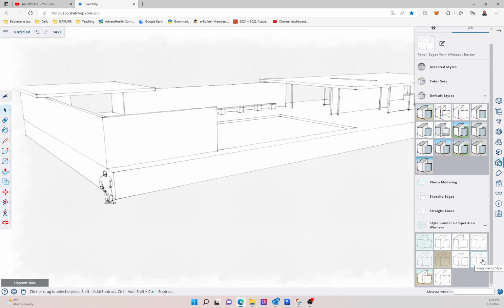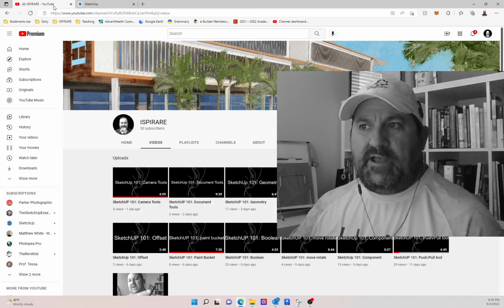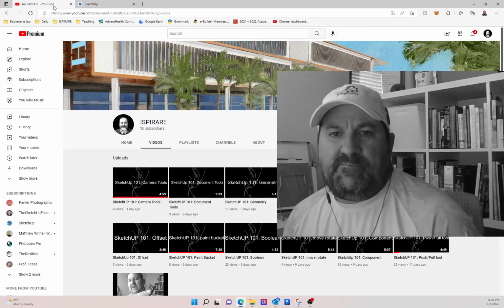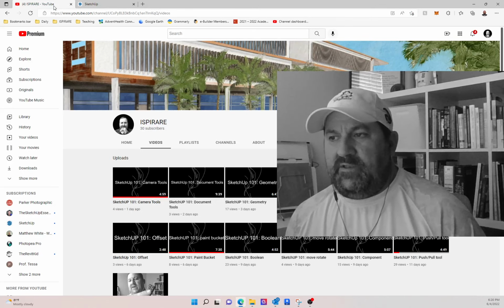This might be one of my favorites. It looks like it's watercolor paper. But anyway, so I hope that was helpful. Again, I don't use SketchUp that way. I don't use it for finished imagery typically. But I do find it useful to explain